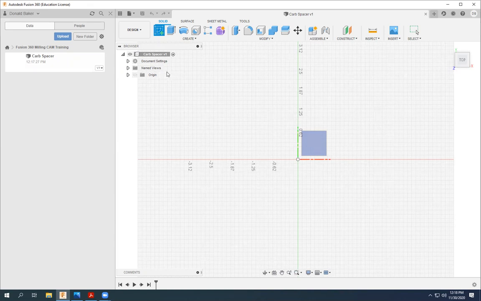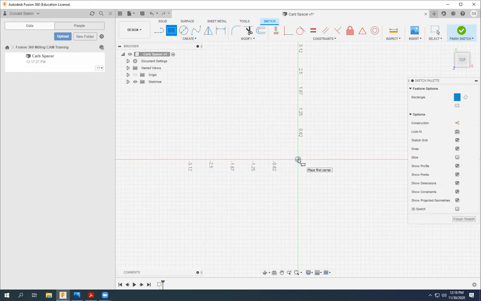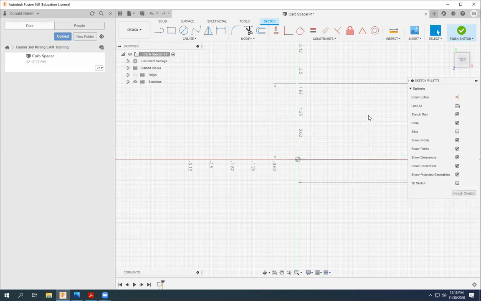All right, so to get started, we're going to start out by clicking on the origin of our part, which is going to be at the intersection of the x and y axes. We're going to start with a 2-point rectangle and click on our origin and then drag it into the first quadrant. So our first dimension is 2.25 inches. Then we'll go ahead and click Tab and put in the other dimension of 4 inches